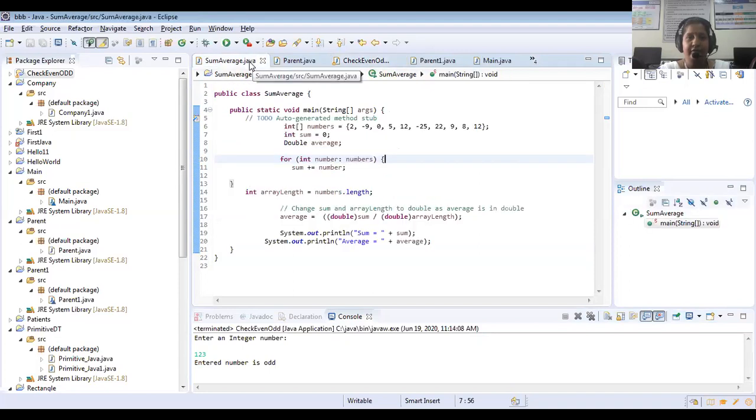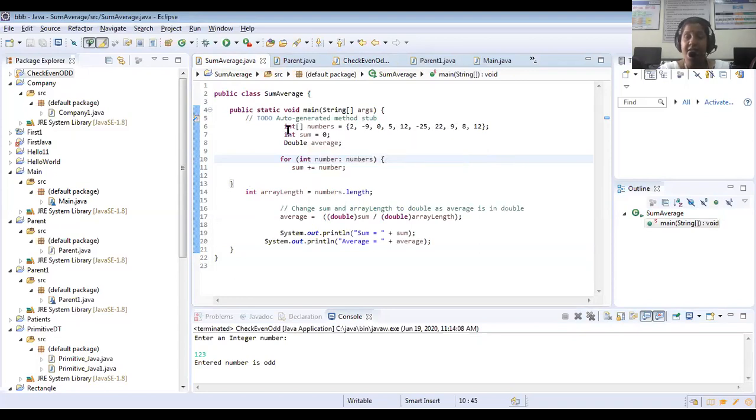Second, this program we have discussed. One more program we will discuss. This is sum and average. Here also, if you see, I have given an array of numbers: 3, 4, 6, 8, 9, 10. Ten numbers I have given in an int array. Already we have discussed the syntax of the array.